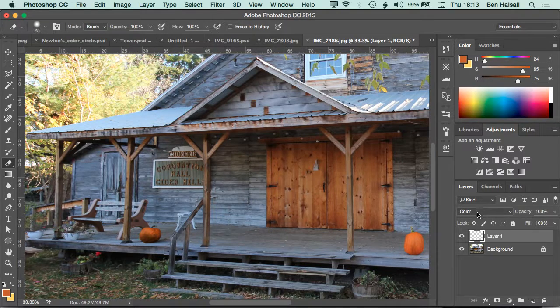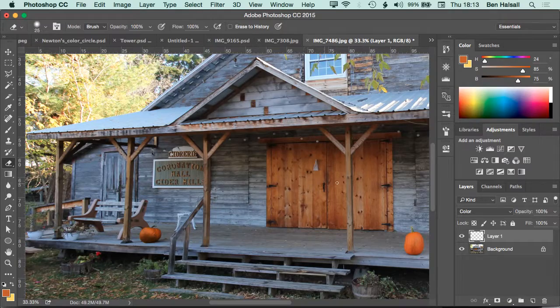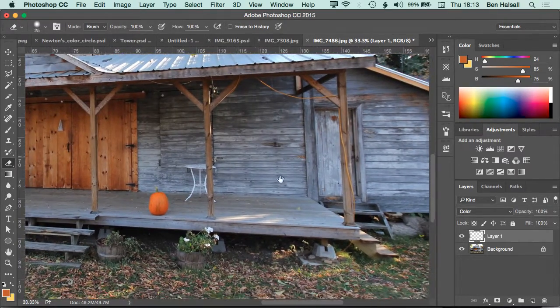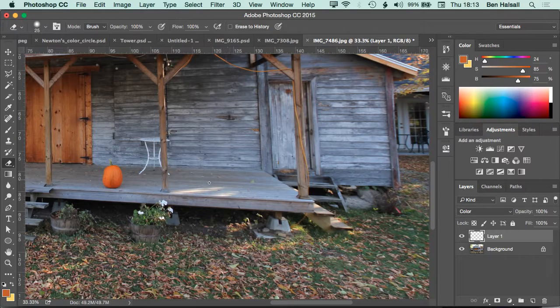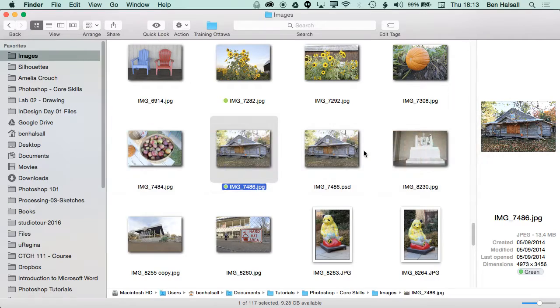Okay, so that's using the color blend mode here, and we can do kind of anything with that. So if we wanted to change the color of other things in an image, we could do that with the color blend mode too. And that's the same way that you would color a black and white photo. So if you wanted to add color to a black and white photo, so for instance, if we had a photo that was black and white,